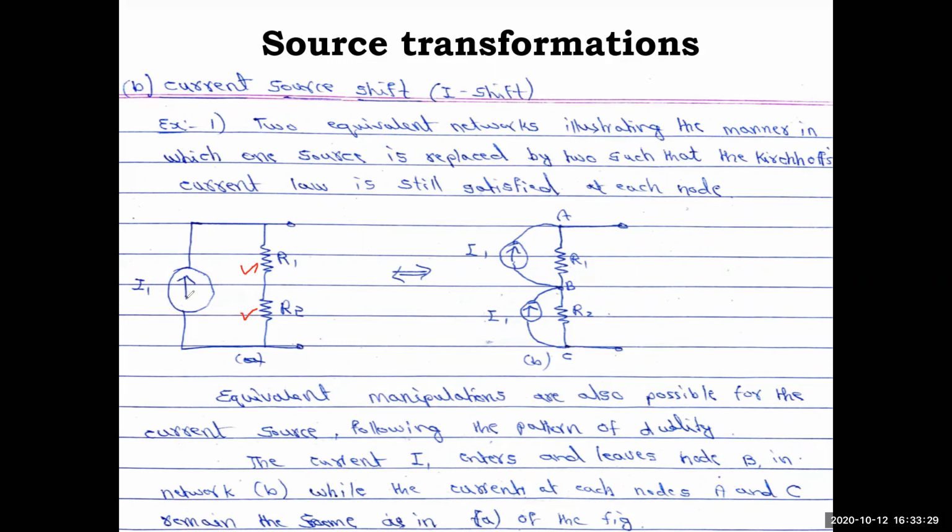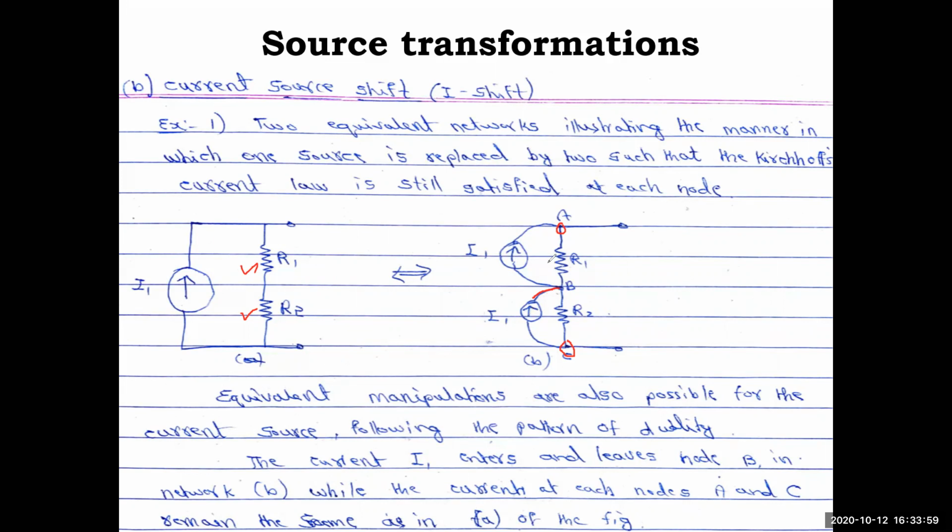To make it a practical source, the current through the elements is the same, so the same current is going now. So we will denote the nodes. From C to B, current I1 is flowing, the same current, and whatever current comes over here is only coming here. So the terminal characteristic will not change at C and A. Whatever current is coming here is not changing, but now we have shifted it. This is called current shift.